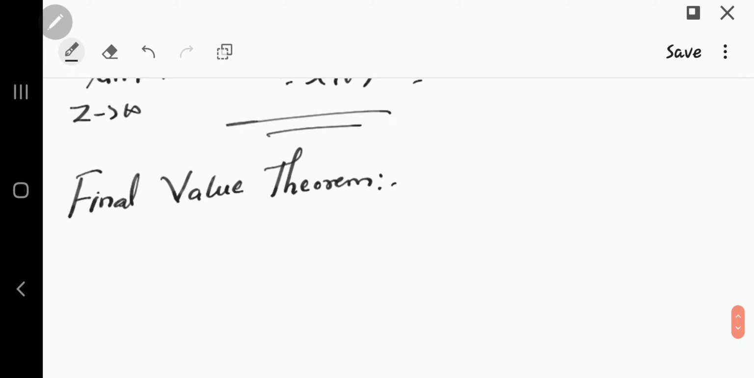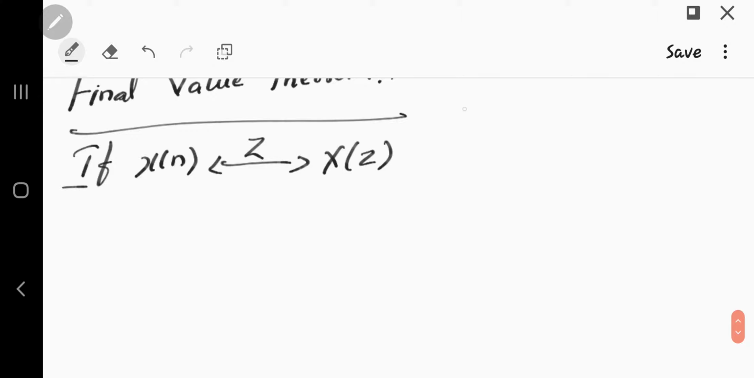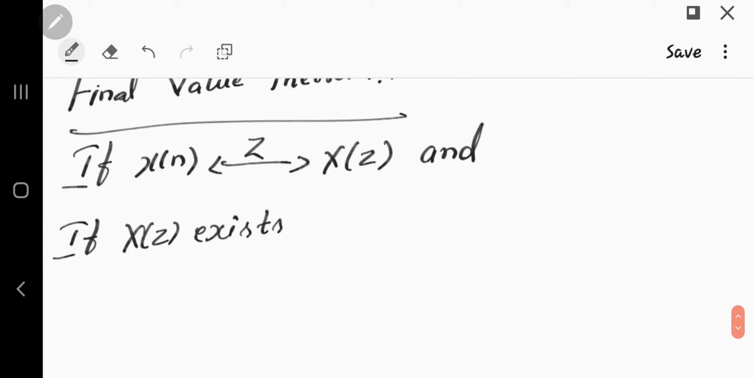So going to the last one, the final value theorem. It says if x of n will give you x of z, and there is a condition: if x of z exists and has no poles